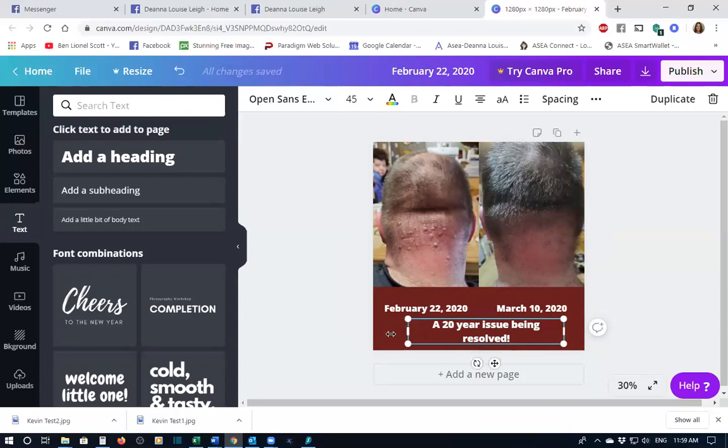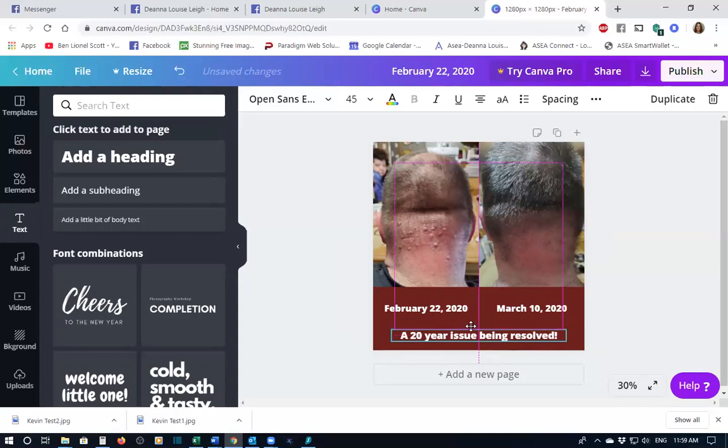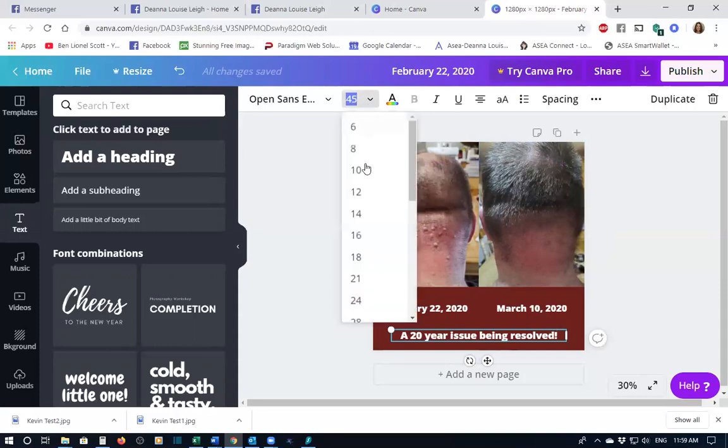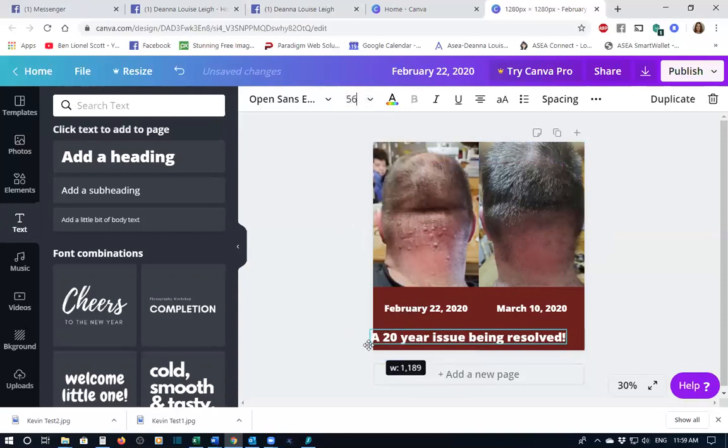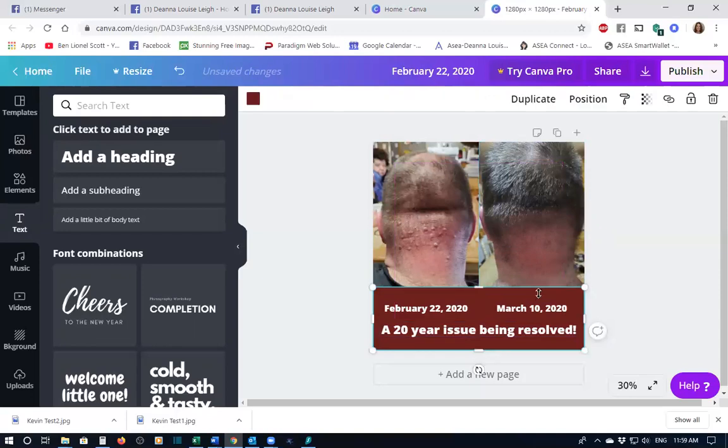And then size it so that it fits. Make sure it's centered between the two. I would make it bigger. See if it still fits. Yep. Okay. And then just resize it. Okay. And then recentered. And it always shows you when it's centered. Okay. I'm going to bring it up a tad bit. Yeah, there. And I also added little